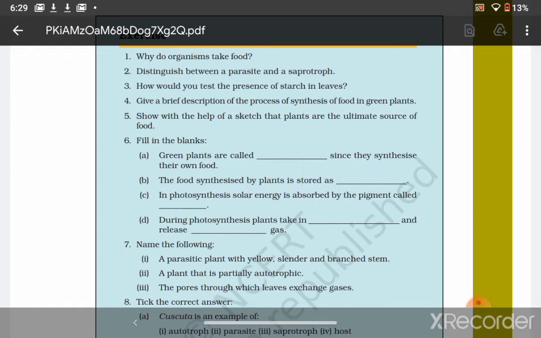The raw materials that plant need for making its food are present in the surroundings. Carbon dioxide is taken from the air through the stomata, which are covered by guard cells, and the water and minerals are absorbed by the roots and transported to the leaves through the stem. Then the chlorophyll pigment in the chloroplast takes the sunlight, converts it into chemical energy, and breaks the bond of